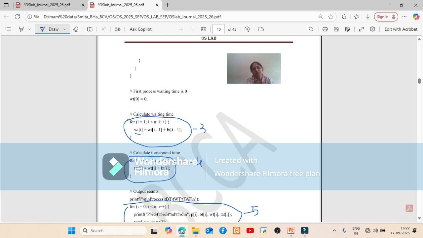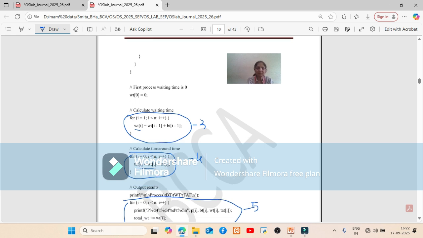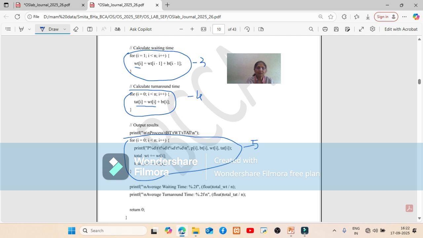Next is the fourth for loop. And what is the purpose of this for loop? The purpose of this for loop is to calculate the turnaround time of each and every process. And comes the last for loop, which is for loop number 5. If you see the body of the for loop, what is there in the body? We are calculating the total waiting time and the total turnaround time.